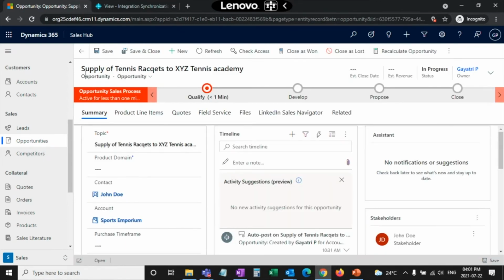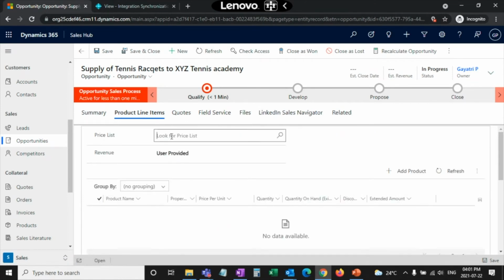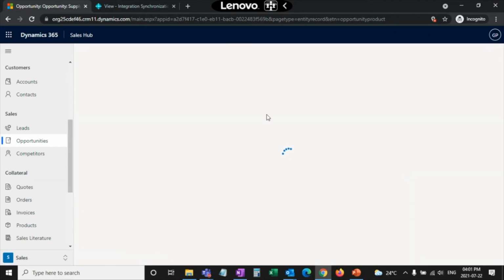The next thing as a part of nurturing this opportunity will be to add products to that particular opportunity. So here I will select the price list to which that tennis racket product had been added. Now, once this is updated, I'll click on add product so that I can add the tennis rackets product to this opportunity.